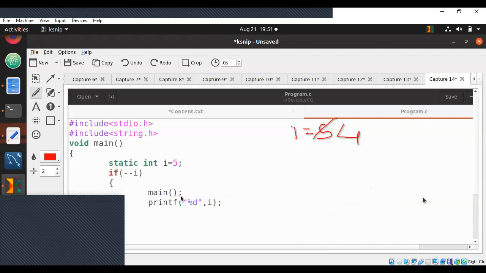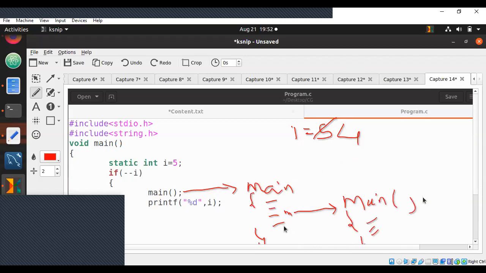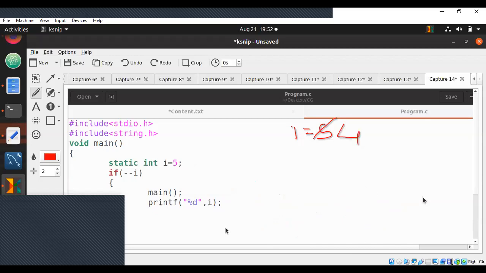First time, when you're calling main function in the first time main, it will go call main second time. In second time, it will start executing. If you're calling main in here also, it will go to third time and call main again. Once it executes main third time here, once it finishes the execution, then it will go back to where it was called from second time. Once it is finished here, then it will go back to where it was called from first time and execute from next line. Is this clear to everyone? I hope everybody knows this. Yes, it is clear to everyone.